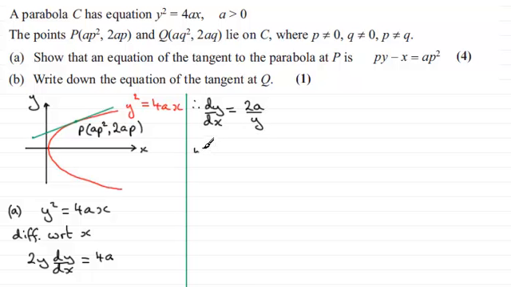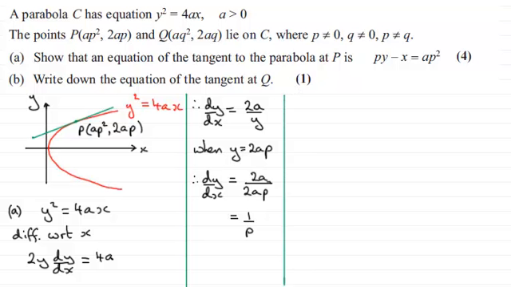And so we want that gradient at P, in other words, when y equals 2ap. Substituting into here, we therefore have dy by dx equals 2a divided by 2ap. The 2a's cancel and we end up with a gradient of 1 over p. So that means that we're in a position now to get the equation of the tangent at P. So just write an intro here: we've got, therefore, equation of tangent at P